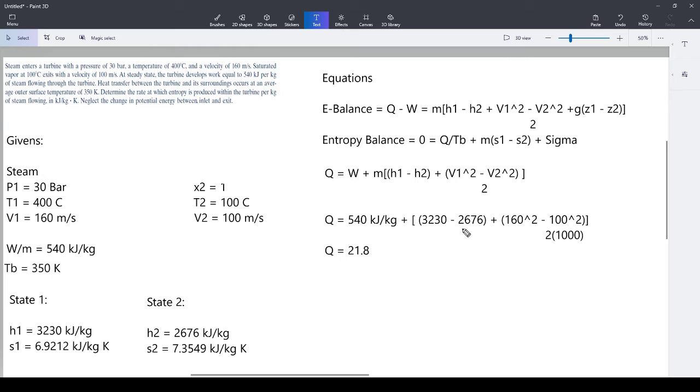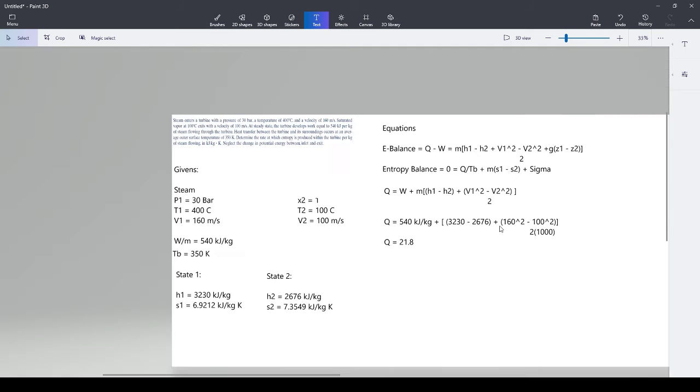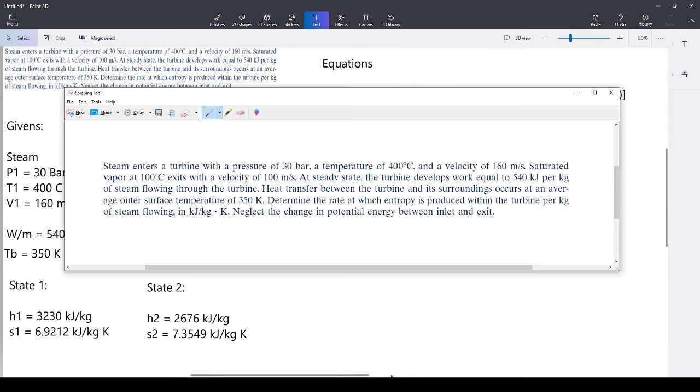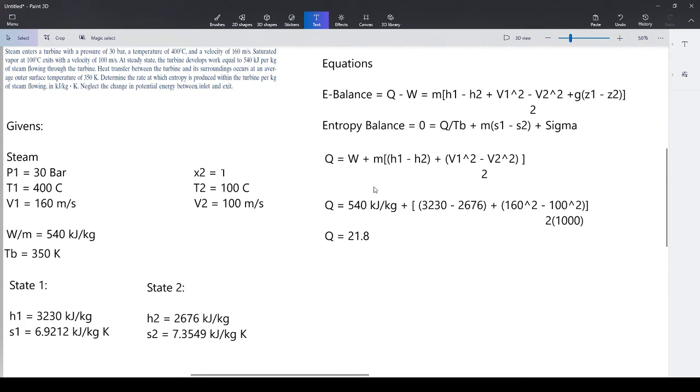But I should have done that better. I should have illustrated that these two quantities should have been flipped. And so this would have been a negative number, and then you would subtract that from this, and you would get this. Hopefully you understand that because the turbine is hotter than the outside, heat has to leave the turbine. If you got a positive heat transfer here, that means heat's coming in, and it can't work. So hopefully that makes sense. But yeah, I should have flipped those. It's my fault.